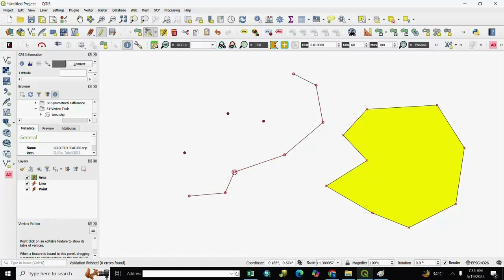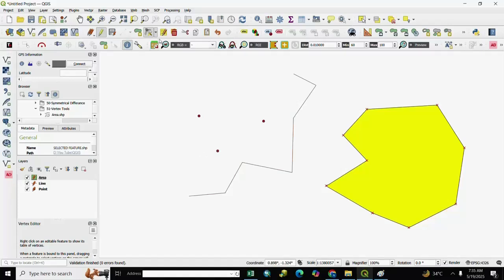If you want to modify it, you click it, and left, right, as per your choice, you edit it. And if you want to move a point, you click on the point and adjust it as per your requirement.